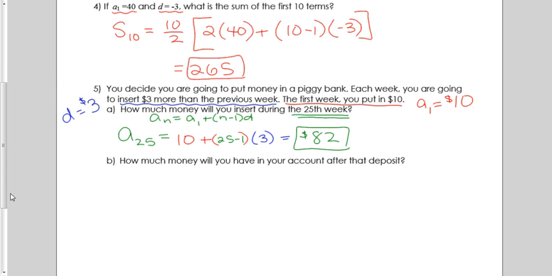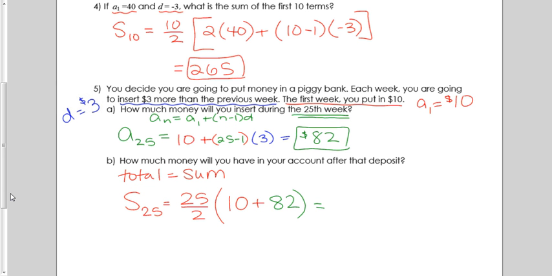Part B asks how much money will we have in our account after that deposit. So the total amount of money in the piggy bank is the sum. So this would be the sum of the first 25 terms. Well, plugging into our sum formula from above, that's 25 over 2. And then we add to that the first term, which was 10, and we just found the last term, or the 25th term, which was $82. So if we put all of that together, either in our calculator or add it up, we wind up with